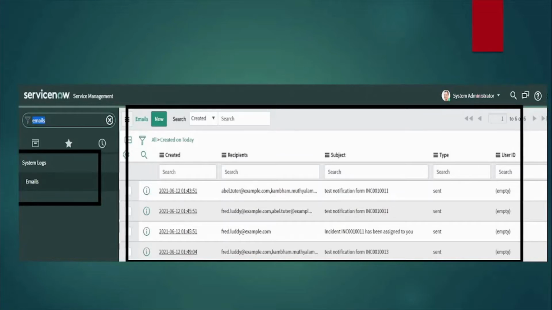Click on the emails module and it will redirect you to the page where the emails already sent out from the system are listed. Here you can give your recipient, subject, anything, or user ID, and with that you can search whether your notification has been sent to the third-party tool or not. Using these emails, you can check that we have successfully processed our notification from ServiceNow to the other third-party tool by seeing these logs.